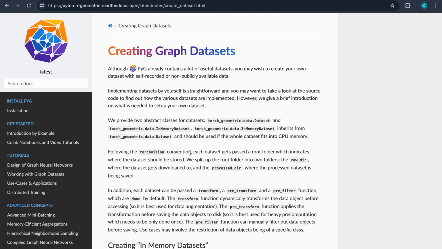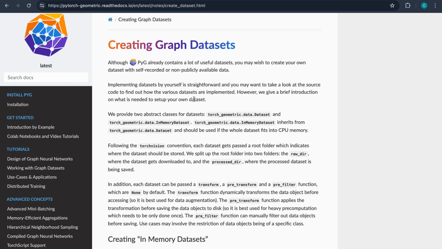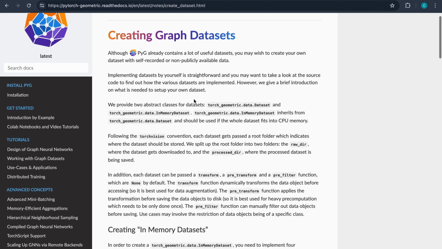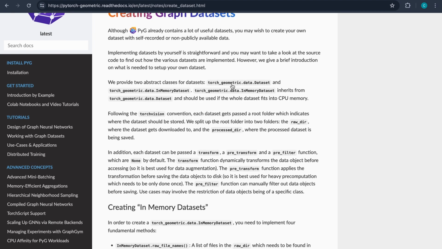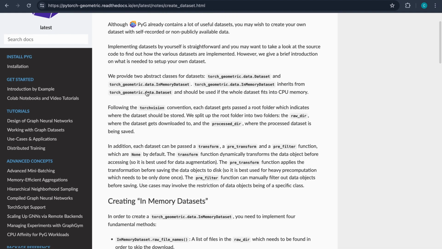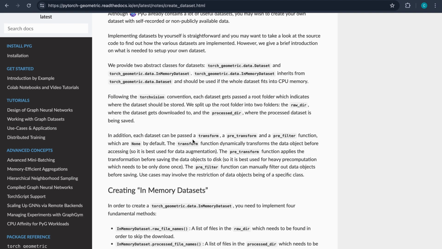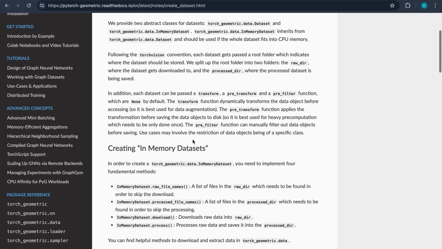if you go to the creating graph dataset section of PyTorch Geometric, you will get information about how you can generate in-memory datasets. Basically it has provided information here. We provide two abstract classes for dataset. The first one is torch geometric dataset, and another one is in-memory dataset. So I have already talked about how you can generate this class, and now we are going to be talking about how you can generate this class of dataset, which you can store on your computer. And